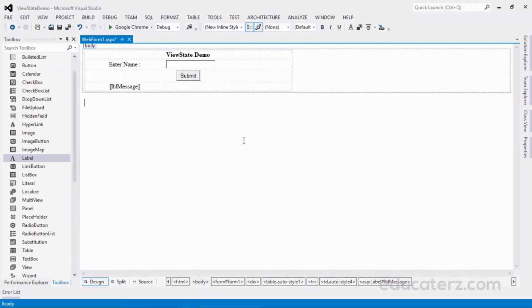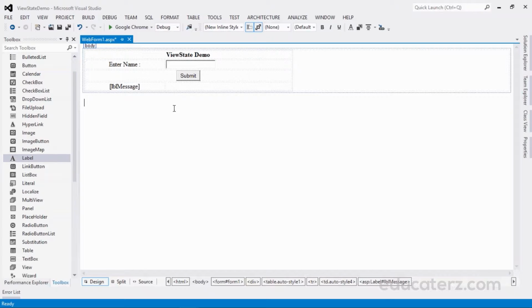Page level means that the information is being stored for a specific page and until that specific page is active. Once the user is redirected to some other page, the information stored in the view state gets lost. Using view state is quite simple. Typically, view state is used when we want the user to be redirected to the same page and the information added by the user remains persistent until the user is on the same page.